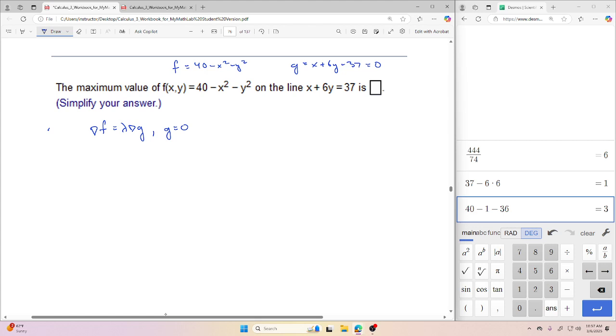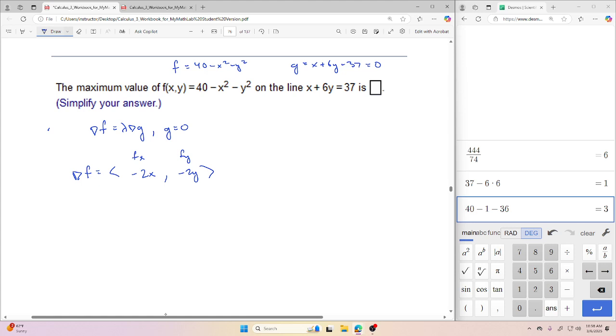Cool. Now here we go. Let's just do the formula, I guess you can say. So grad f is my derivative in terms of x and y in the x and y slots. So this is like fx and this is fy, right? So what's my derivative in terms of x? And then for y,